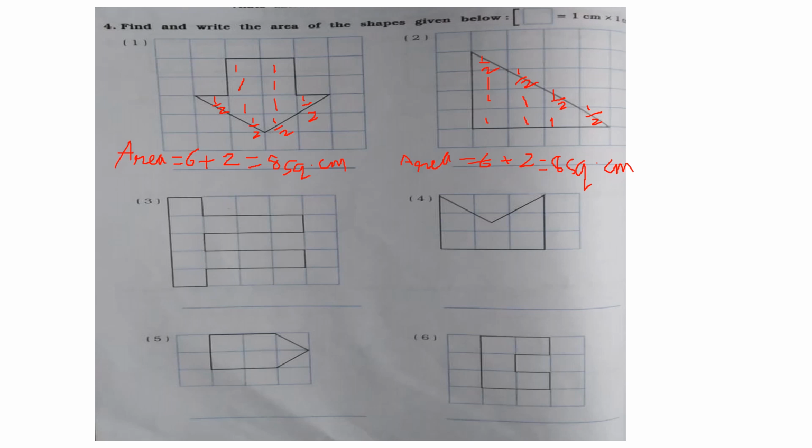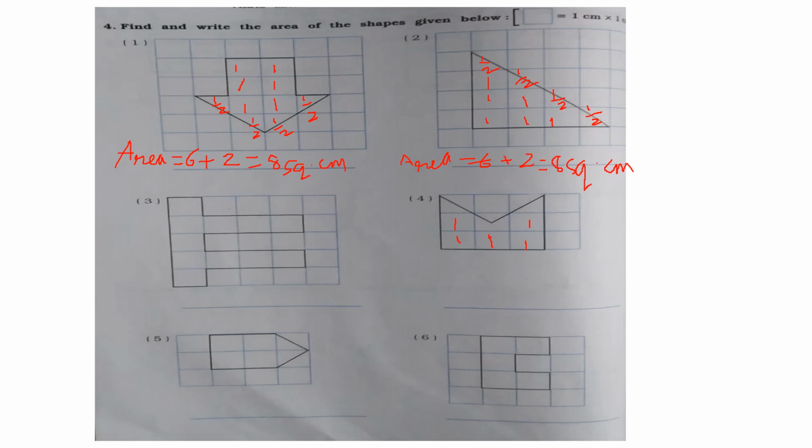Now this third one you can do it as homework. I will explain the fourth one. Now here you can see that 1, 2, 3, 4, 5. Okay, 5 complete squares. So you can write here this is complete square, that is 1, 2, 3, and here 4, and here 5.